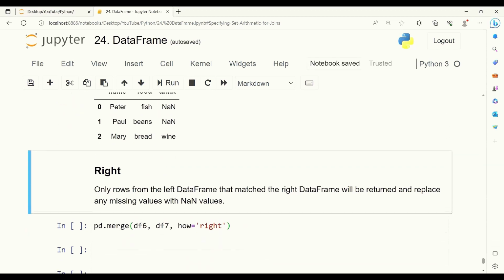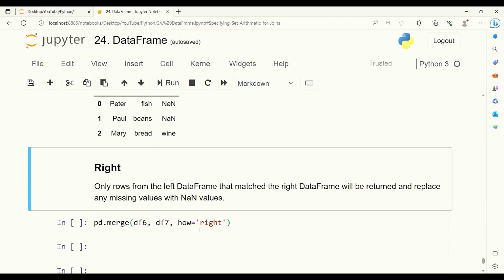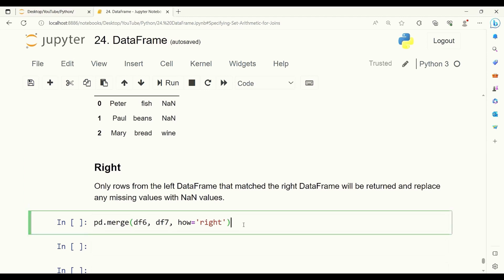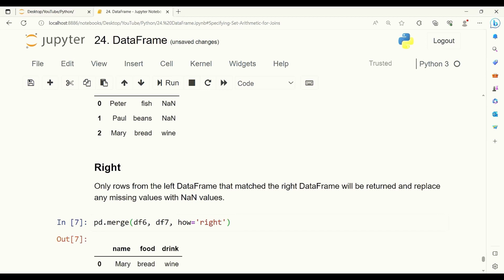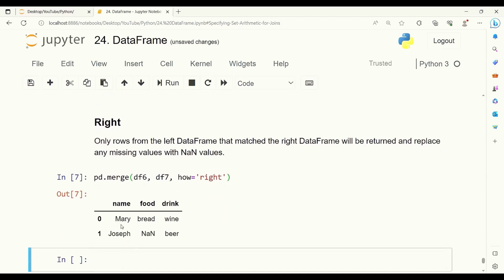The right join is also the same as the left join when the order of these two data frames is swapped. And as we can see, the result is this one. We get all rows from DF7,